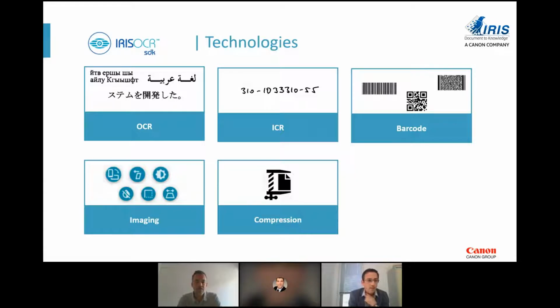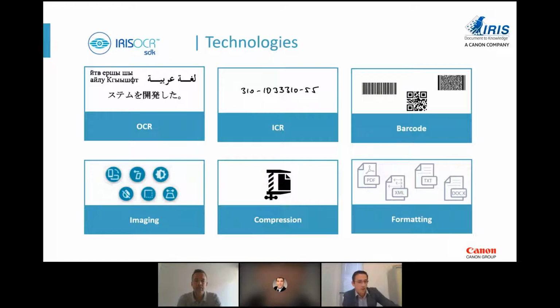Next to that, once we output some files, before outputting, we can compress the image. This is something that we've been working on for a long time. Before outputting the file, we can compress the color image, even the black and white, but it's even more impressive when you compress the color image. This allows you to keep the color image. In the past, people would only keep the black and white image because in that case the size of the file would not be too large. But now with this compression technology, you can keep the color image.